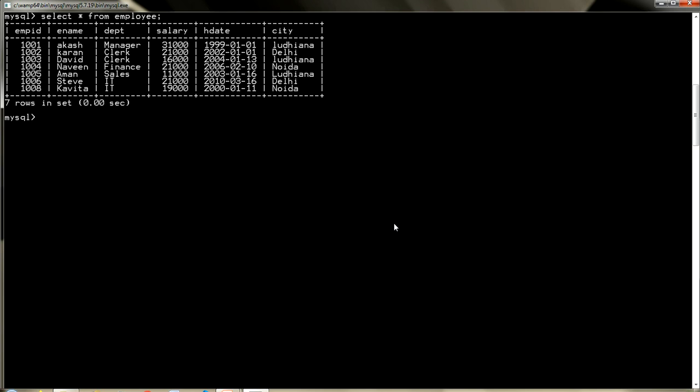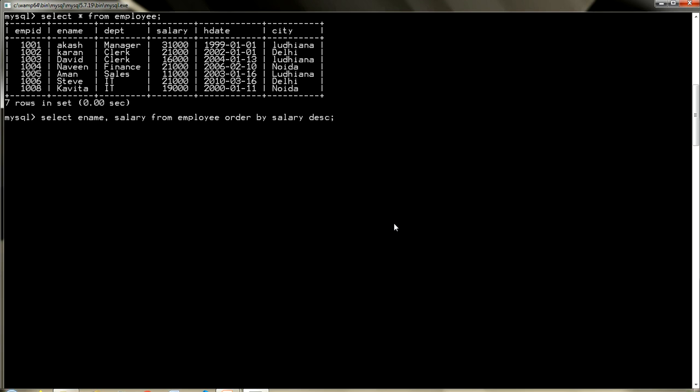So here I can use the order by clause. So select, after that I want to see specific columns, so I will name only those columns, e-name and salary, from employee. After that, you need to write down order by. Order by, these are two different words, remember. Order by salary. So now if you want to see the records in descending order, you need to mention DESC.